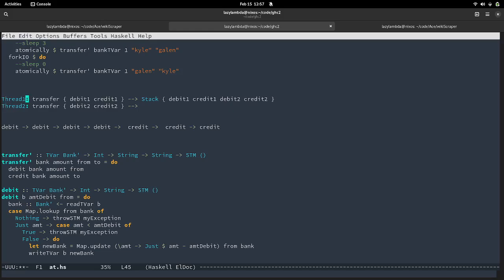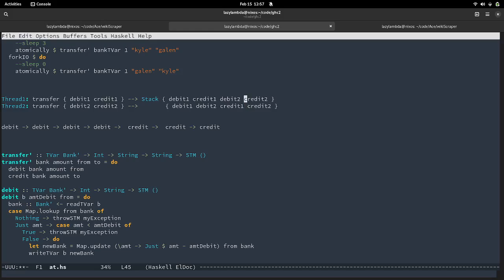But the thing is that this could result in many other scenarios, where we have instead debit 1, debit 2, credit 1, credit 2.